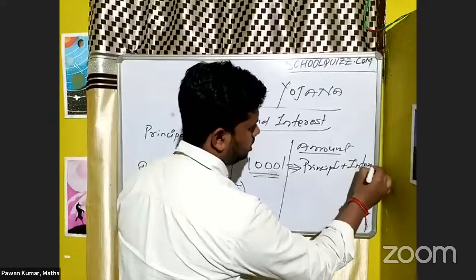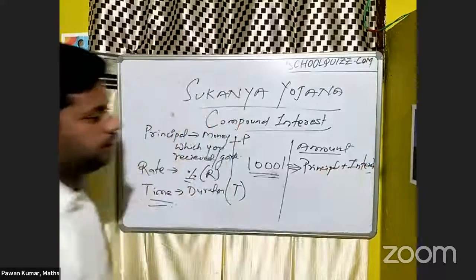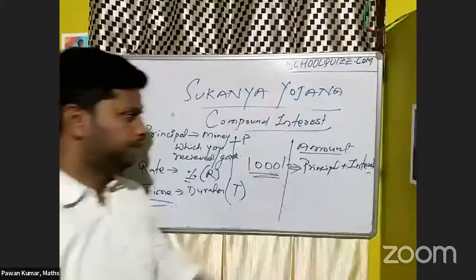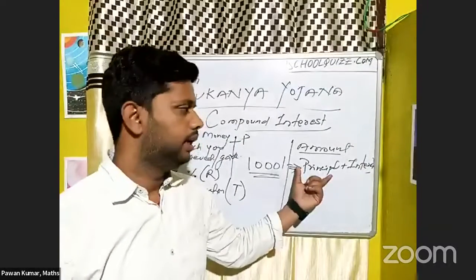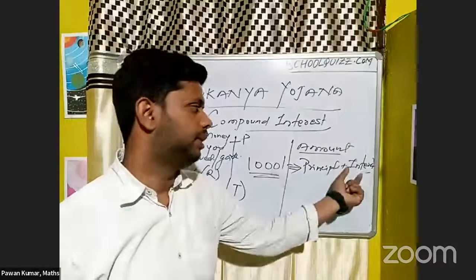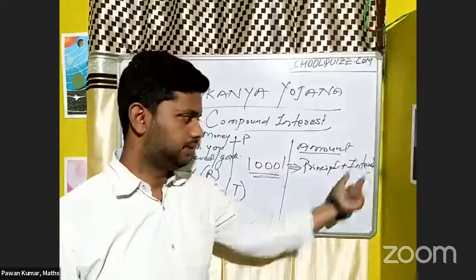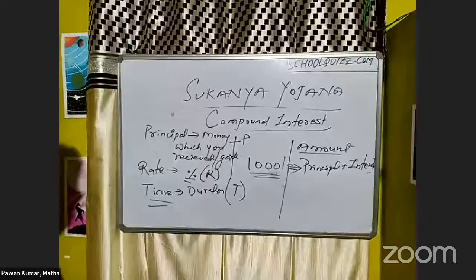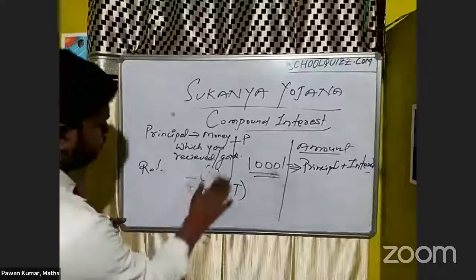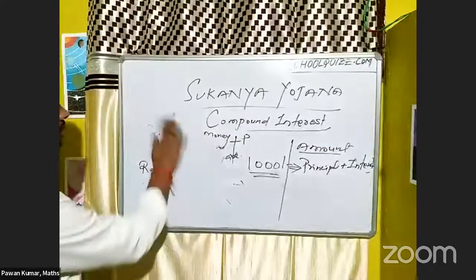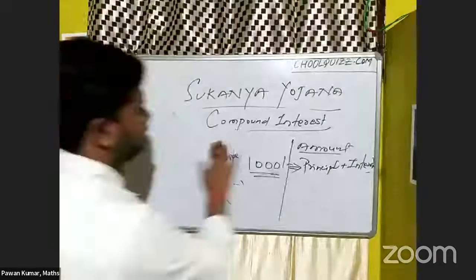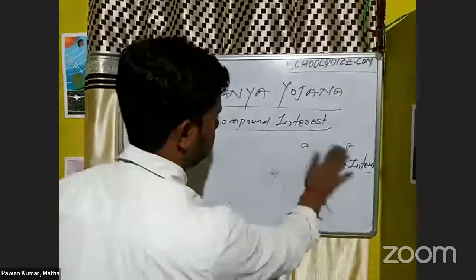Amount is the total sum of money where the principal is there and the interest is also there. So what is interest actually? It is the extra money you took from that person when you gave some principal; that extra money is nothing but interest. So let's see what compound interest is now. These are the terms you need to be clear about in your mind when you are doing compound interest.